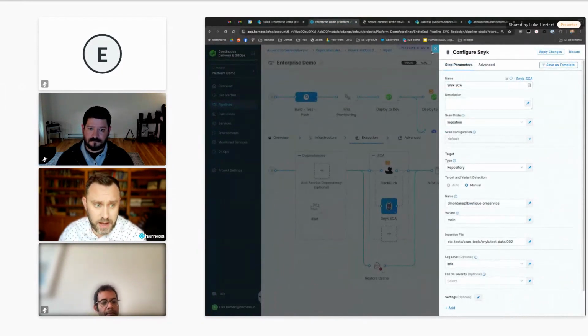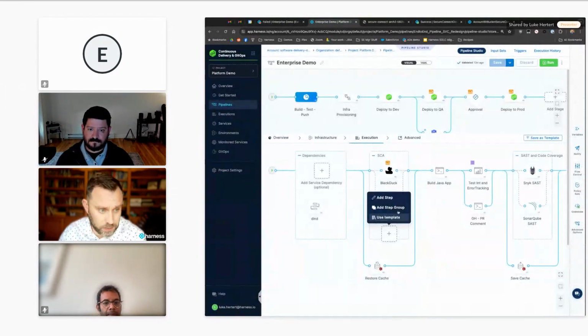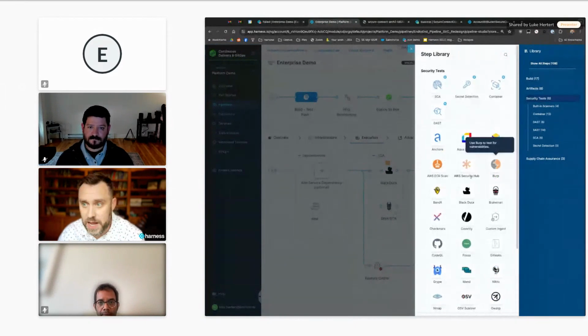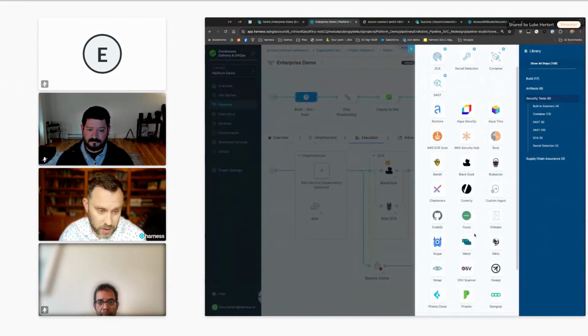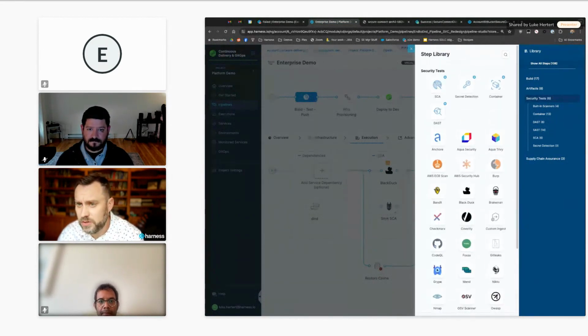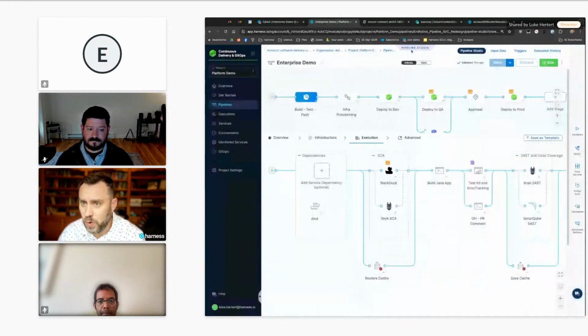So having out of the box support for all these different scanners so that people don't actually have to know how to run the CLI in a secure way. If you go and look in Harness, you'll see a whole boatload of different scanners. There's a couple of different ways that we can orchestrate or call these scanners. Some of them, we're actually going to orchestrate the scanner and run it during the pipeline.